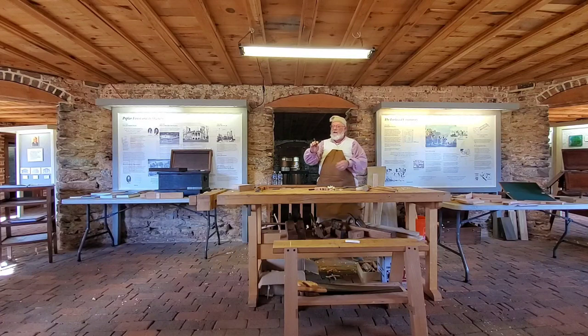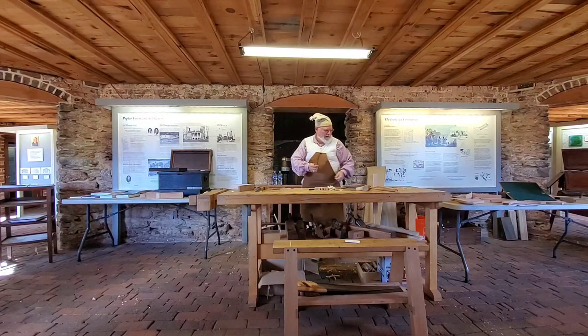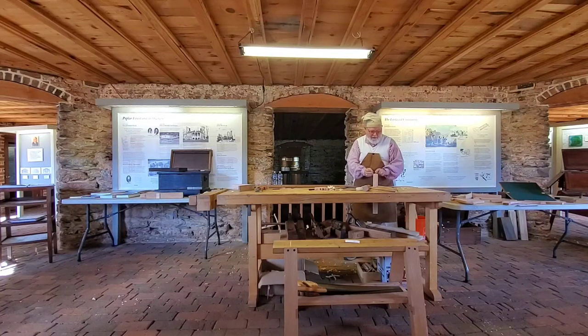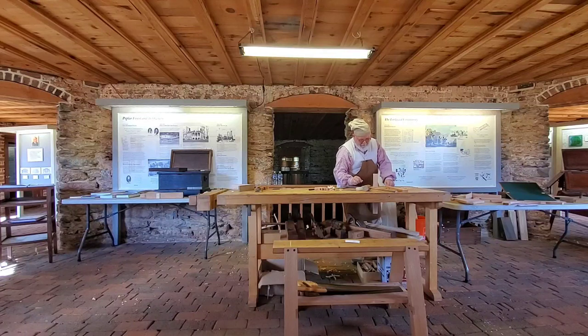Now you notice my marking knife has a bevel on it. One side's flat, the other side's not. So when I mark this side, I lay the flat all the way against it. If I did that on this side, it would be off because of the bevel. So I have to lean the marking knife over to make sure that it's perfectly in line. So now, if everything went right,